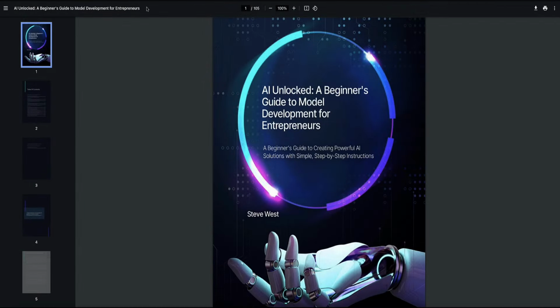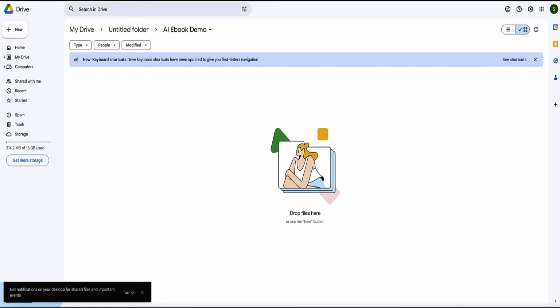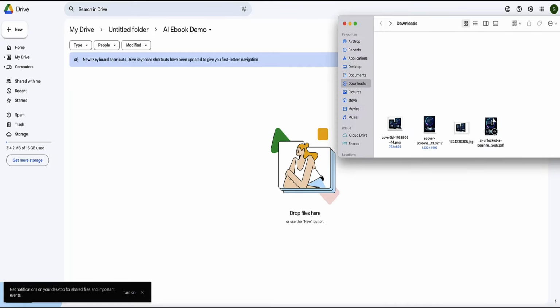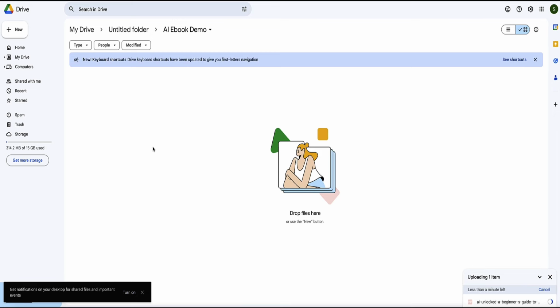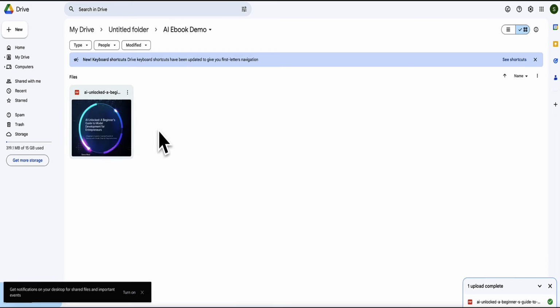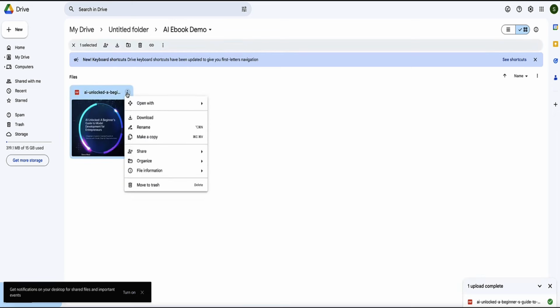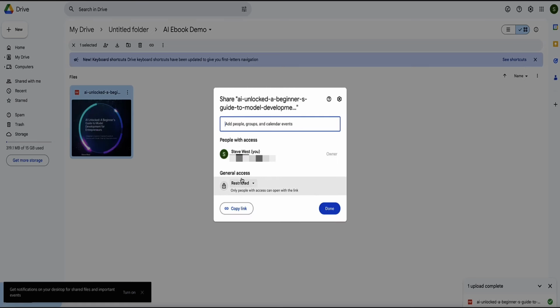And then I'm going to head over to Google Drive, and here I'm going to upload my ebook. So my ebook is here in my downloads folder, so I'm going to drag and drop it in. And now, in order to be able to share this ebook, you need to come to the dots in the top right corner here, go to Share, hover over Share, and then from here we need to click this button